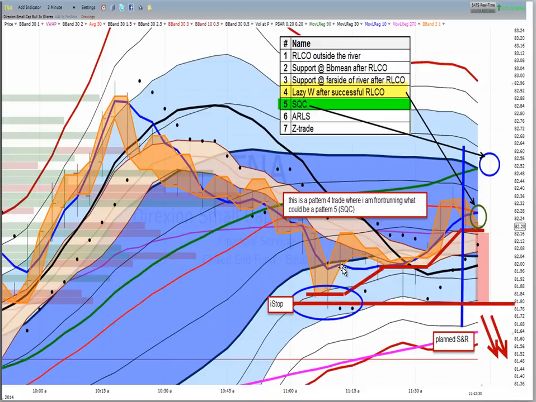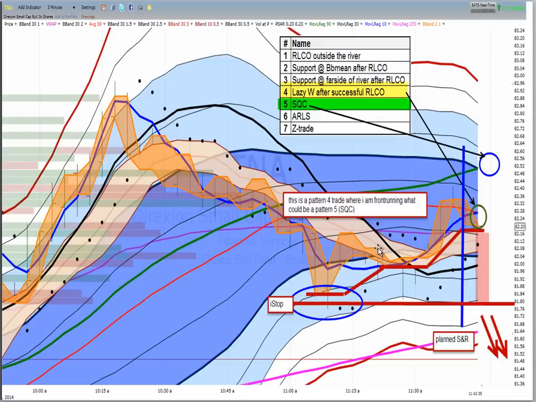So I didn't take the short side trade. I'm looking for chances to get long in here, and was not able to until I saw this developing. At this blue line is where I'm stalking and making my entry. And so what I notice here is a pattern 4 trade starting to develop. It finds support here outside the river in the floodplain,